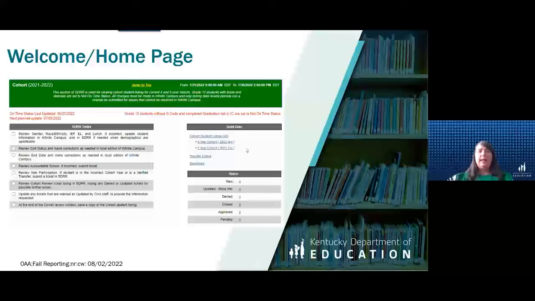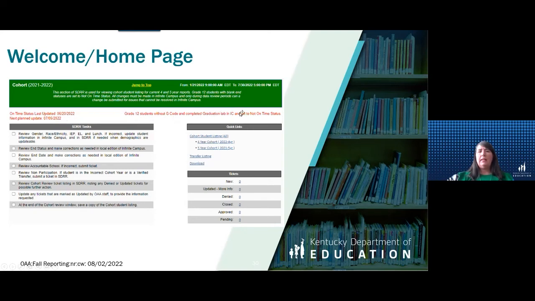And then, like I said, I had to take a screenshot, so it shows you the next planned update, which you would see here for cohort. I had to get a screenshot of this before it was updated in August, because we had to get training done for you before it opened. So always look here in red on the left-hand side, because it tells you when it was last updated and when the next planned update is. And like I said, the next planned update for cohort is August the 5th.